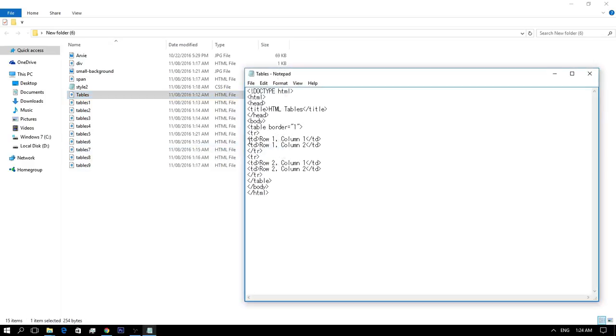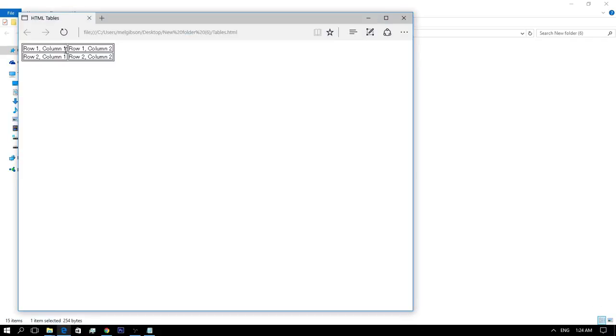So this is the td, the tr, and the table. So if you run this in the browser, this will produce the following example.